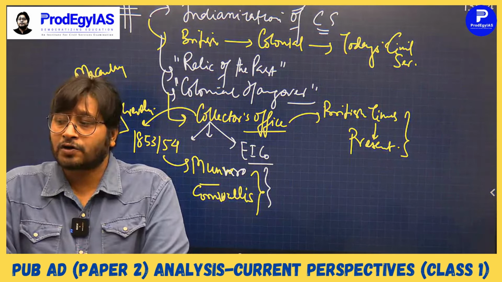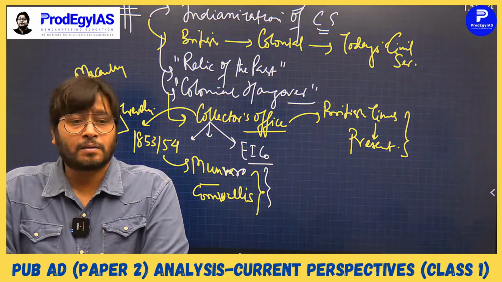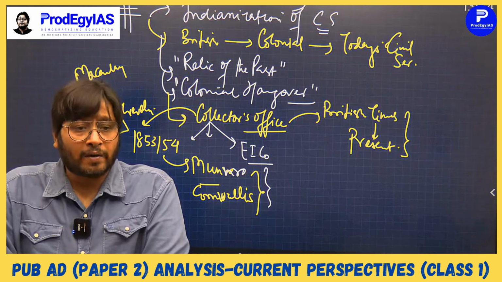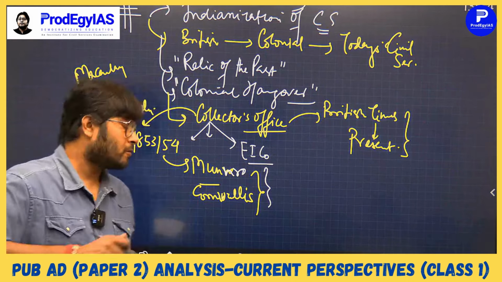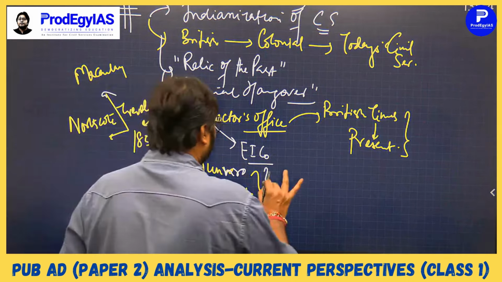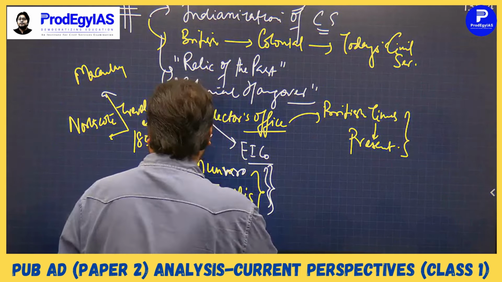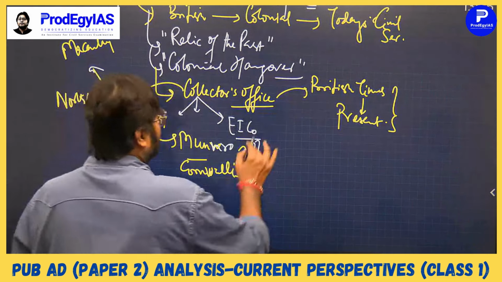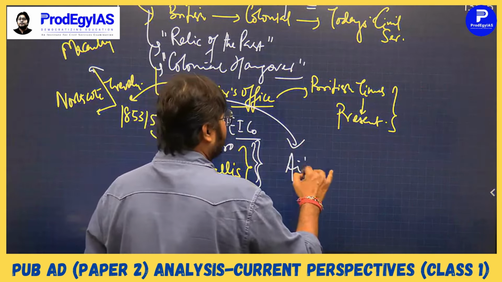Even though the Cornwallis Code is highly valued, Munro also brought specific reforms in Madras, wherever he was the governor. He also did some extraordinary reforms, no doubt. Fine, both had different tendencies, but the basic premise of centralization was always there, right? So how did this happen? Then when the Aitchison Commission comes,